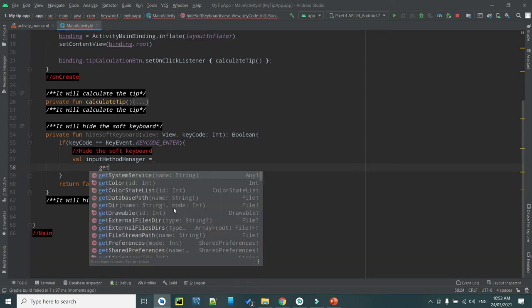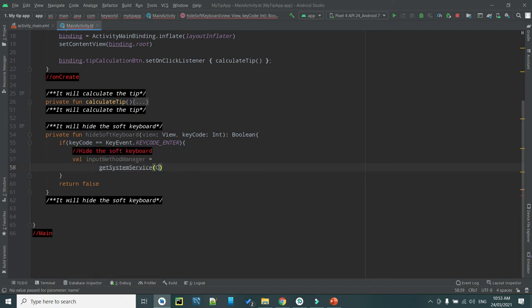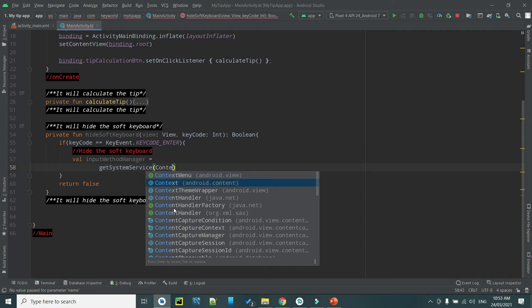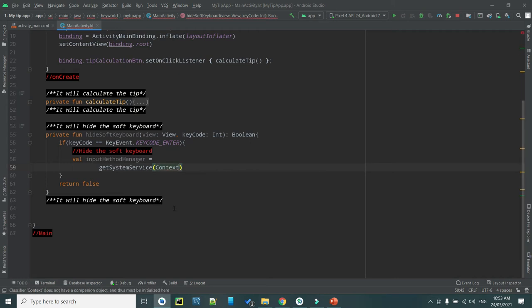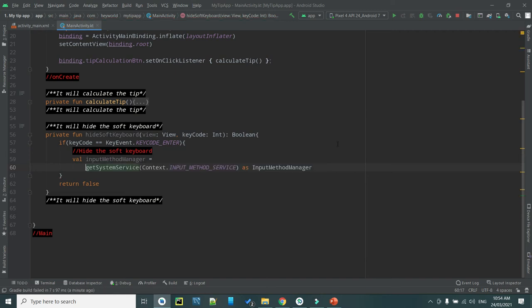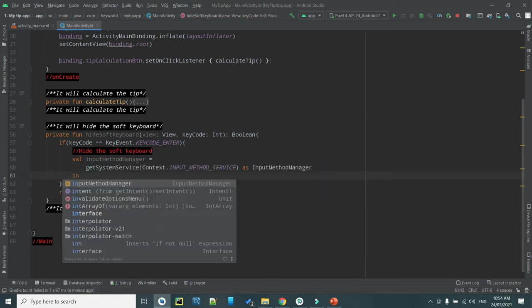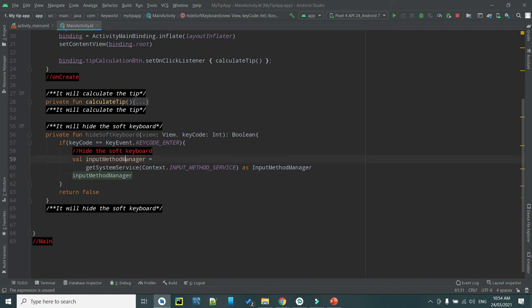Here we need to access our system service, get system service, and we have a context, which is what we are using right now, dot input method service, and convert it to input method manager, and that's it. Then you come below that one, just returning the input method manager, which is the variable we created here, and we just dot